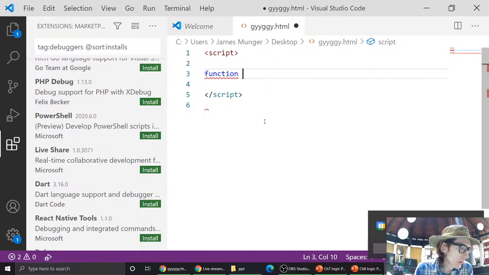Rule of thumb, stick to alphabetic characters, and then follow the naming convention. So start with a lowercase and then camel case, right? And if you're unsure,